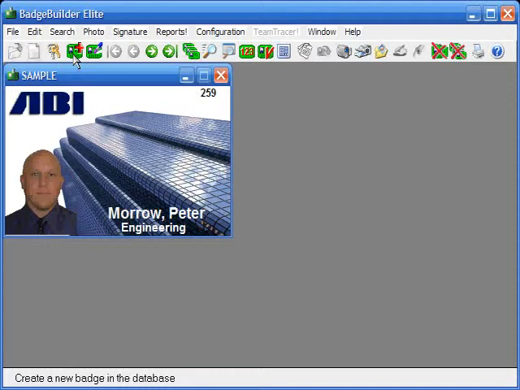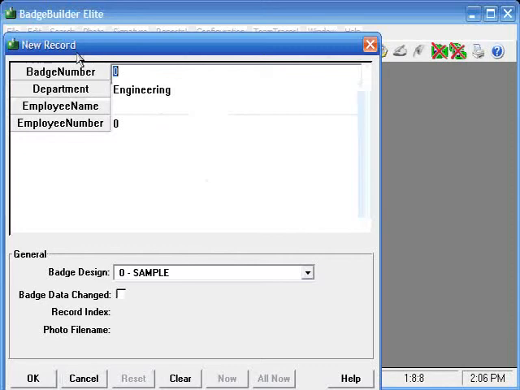For instance, this button right here, which is the green badge with the red plus sign, is for adding a new record. And if you're ever not sure, you can look down near the bottom of the window, and it will tell you exactly what it is that that particular item does. If we go ahead and click on this new badge, new record,